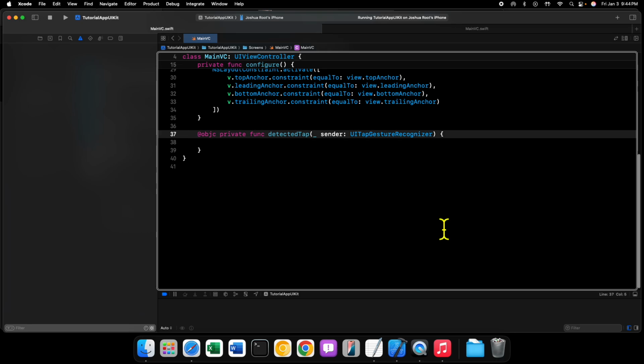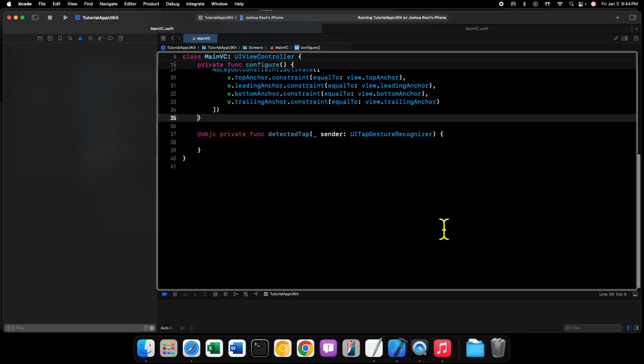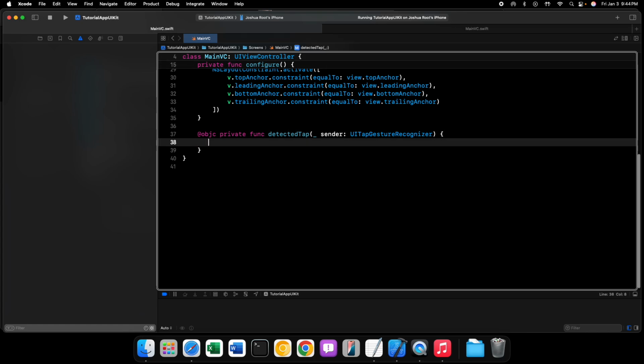So here's our action method for the tap gesture recognizer. You can see detectedTap. And then we're taking in a UITapGestureRecognizer as a sender, so the object that is sending this, or that is calling this method. And so inside here, we're going to have an if statement. This if statement is going to use the state property of our tap gesture recognizer to make sure that the state is ended. And we can do that by saying if